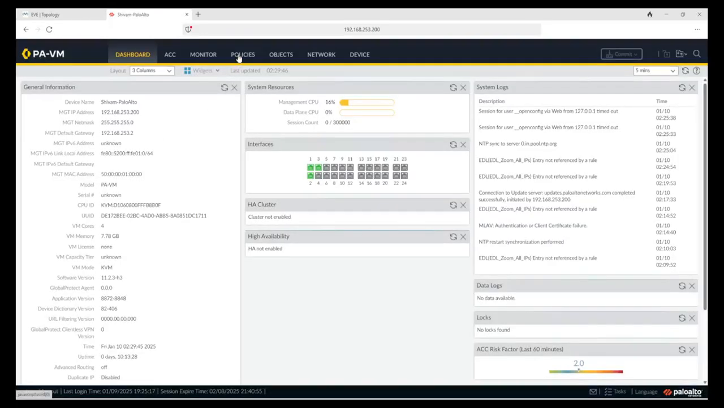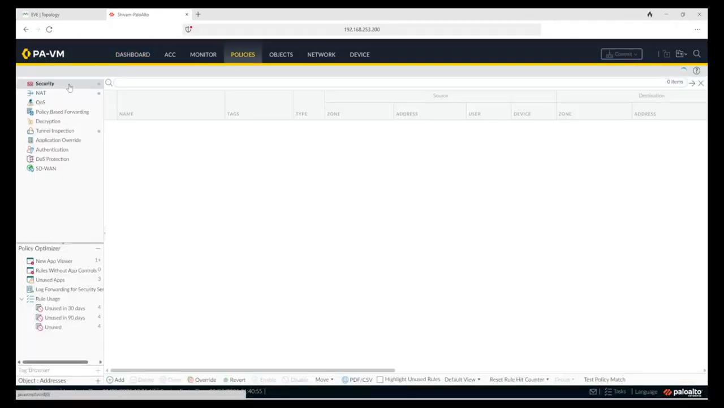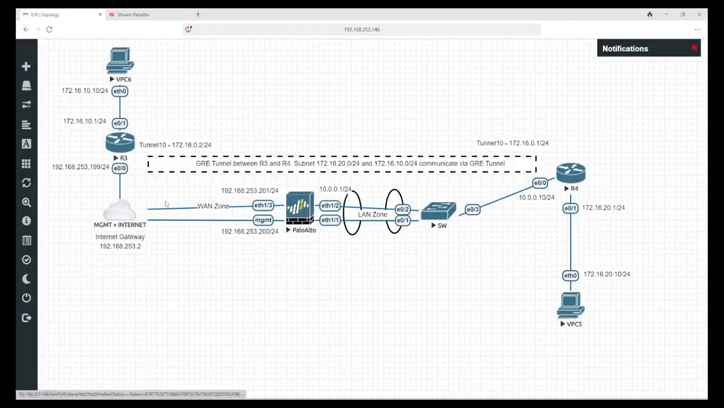Go to policies. In the policies, first we need to allow the GRE traffic. As of now, first we'll create a security policy so this GRE tunnel is established. So for that GRE tunnel to establish, we'll create a policy from LAN zone to WAN zone: 10.0.0.10 can go to